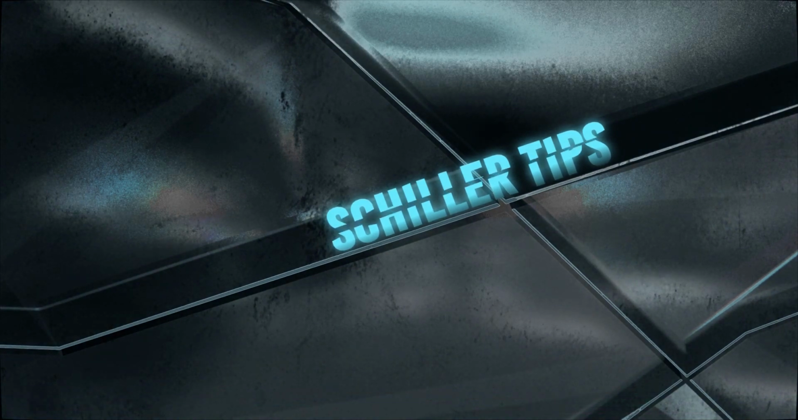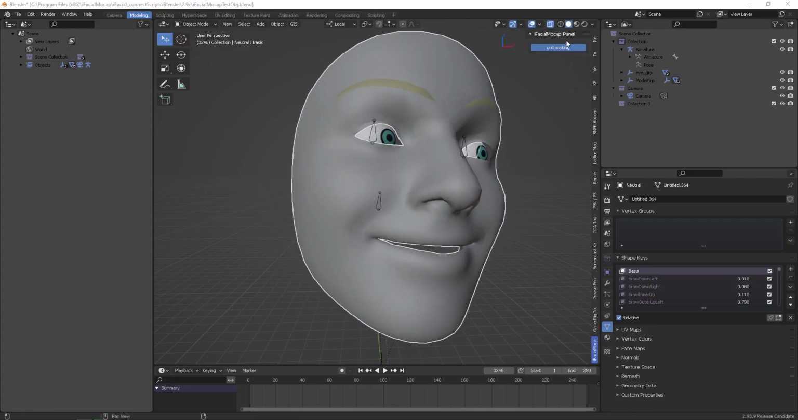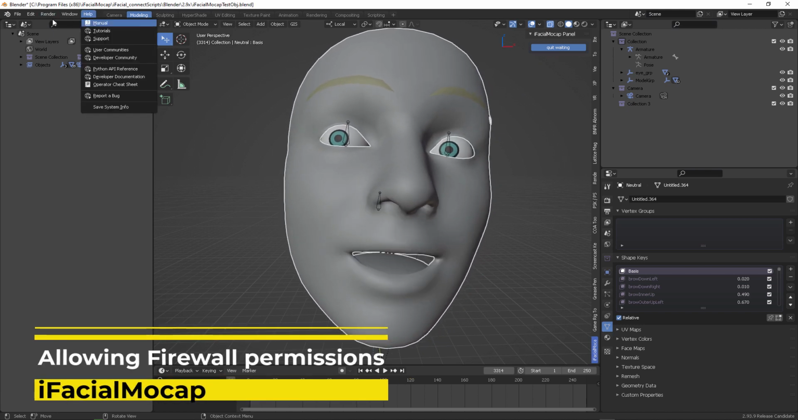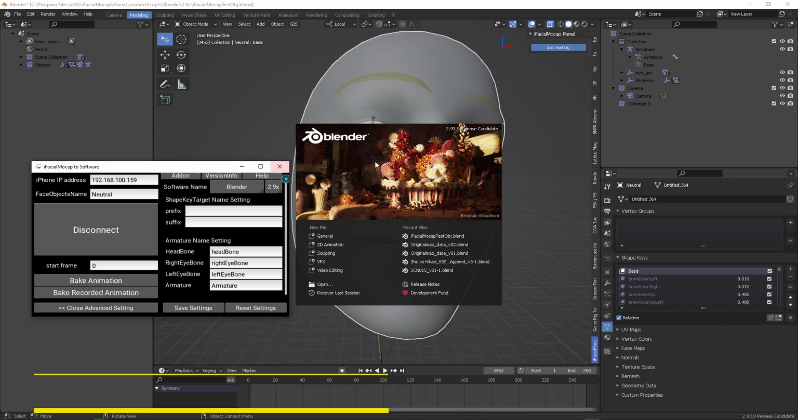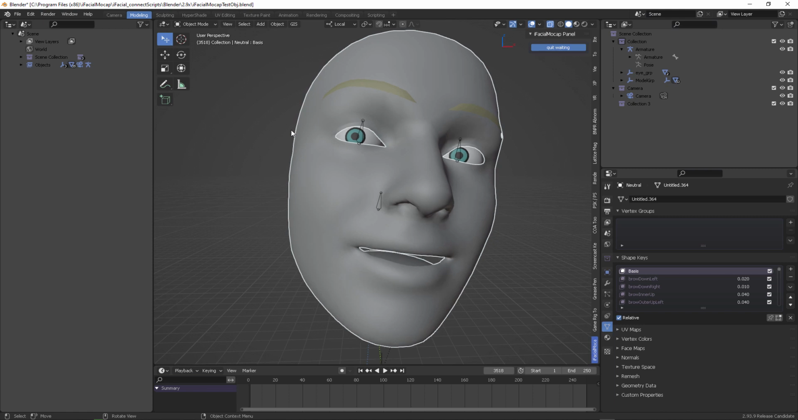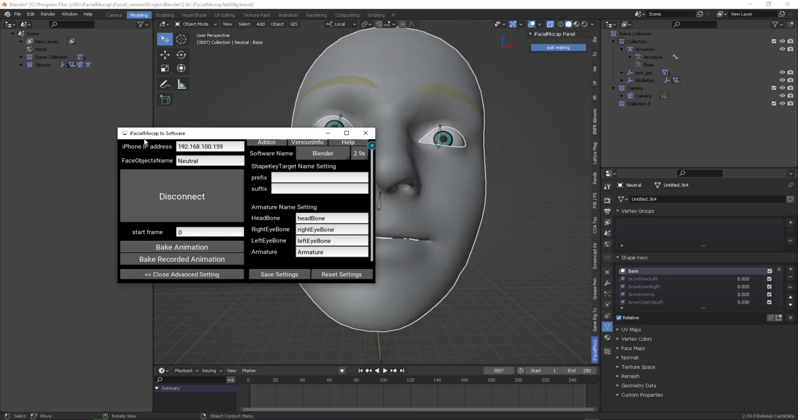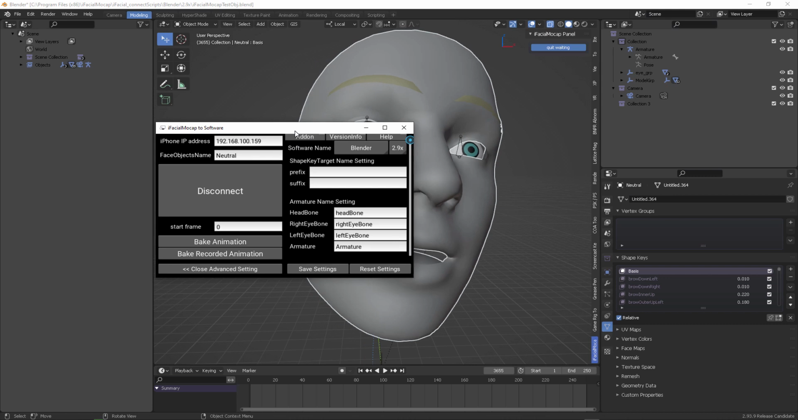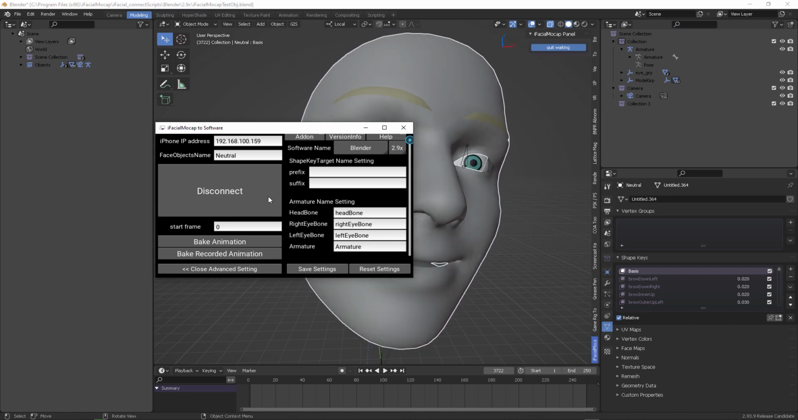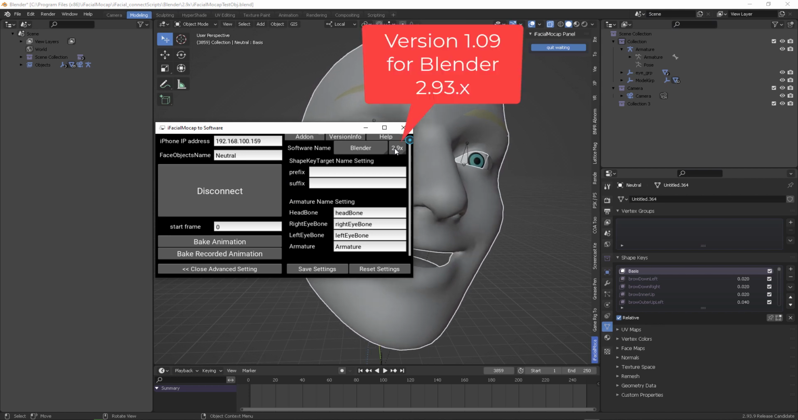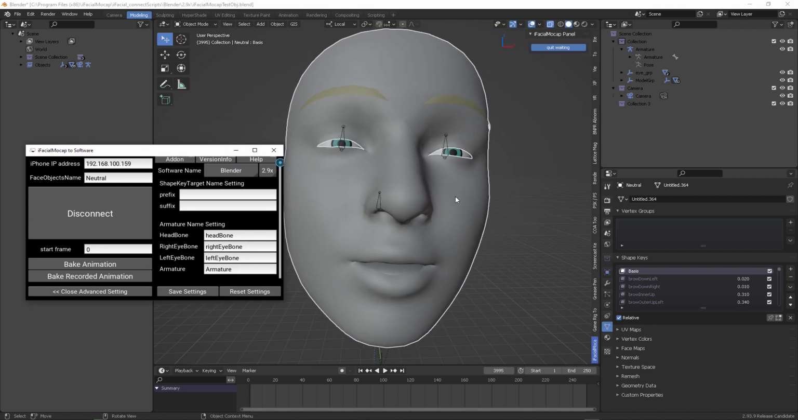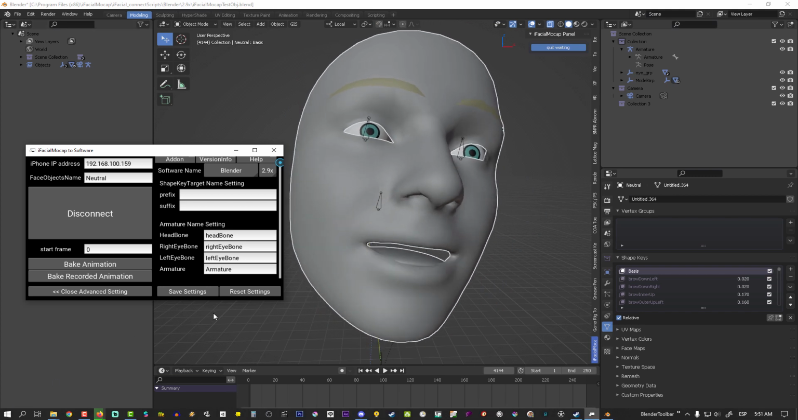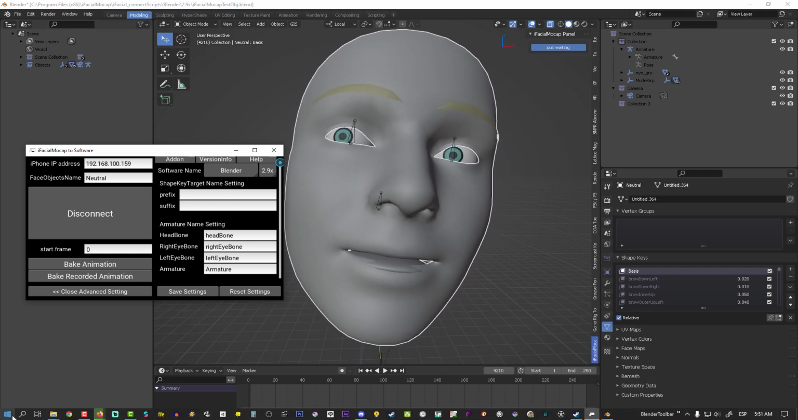What you're seeing right here is the connection with the iFacialMocap panel using Blender 2.9x, specifically 2.93, and the version that I have for iFacialMocap software is version 1.09 on Blender 2.9x. And I honestly had to review the firewall settings, allowing the public UDP packages for this